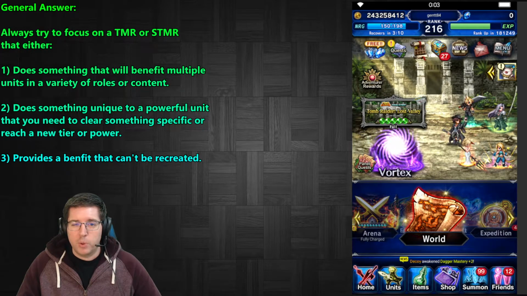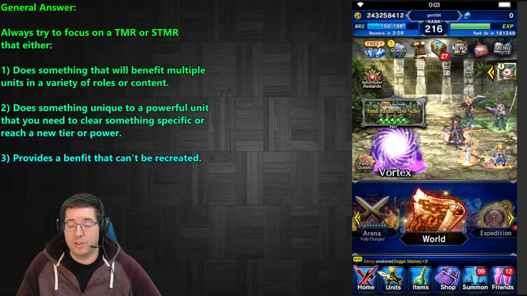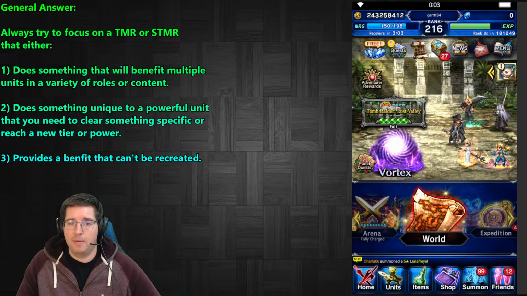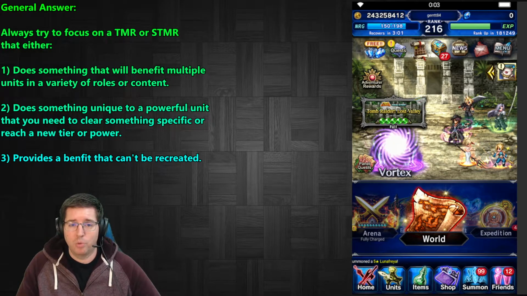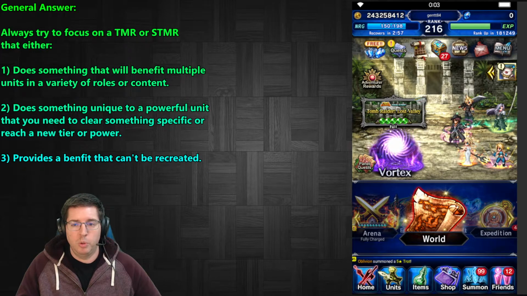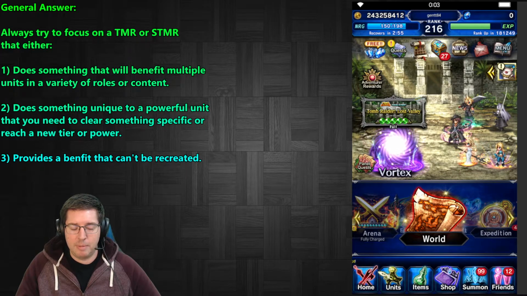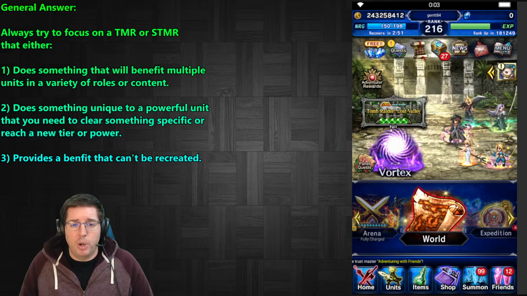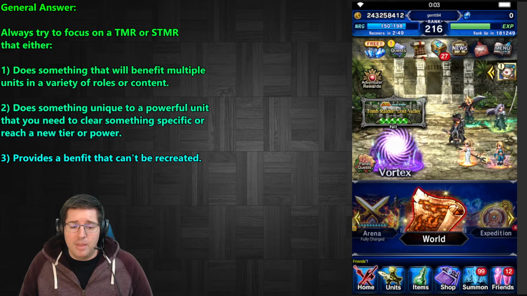I always try to focus on a TMR or an STMR that's going to do one of three things. One, it's either going to do something that's going to benefit multiple units in a variety of roles or a variety of content. So it's going to be widely usable by a lot of different units. If it's going to be able to be used in a bunch of different trials, or a bunch of different units are going to be able to put it on and get benefit out of it,